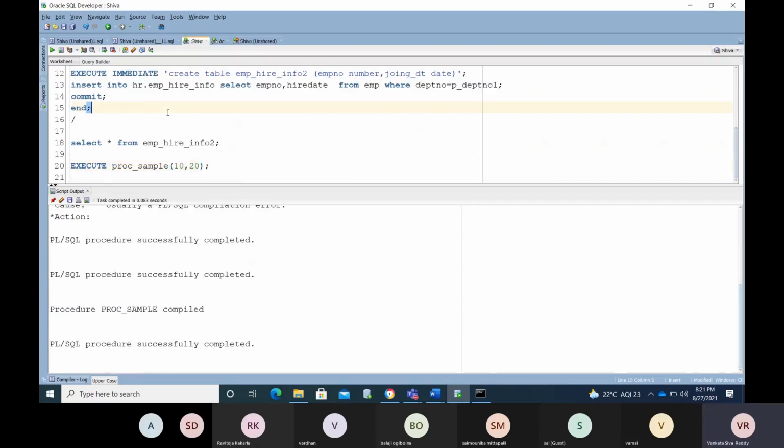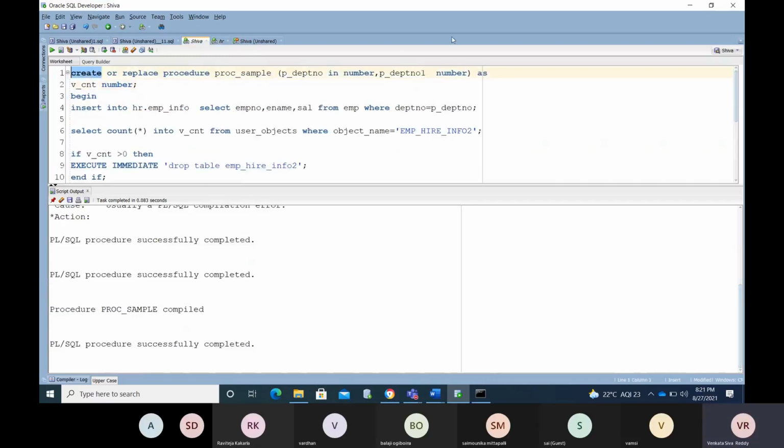Okay, so if I want to display any output to the system, I need to use an output parameter here, P_OUT.